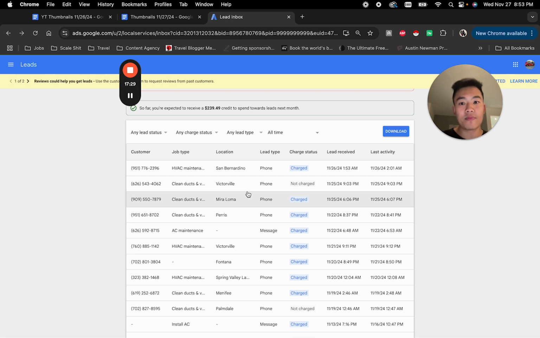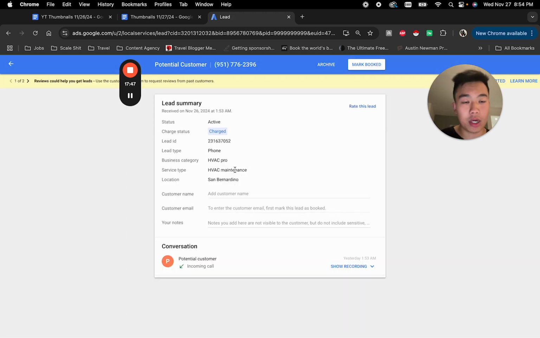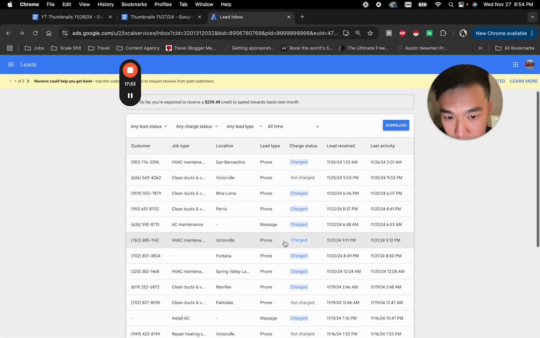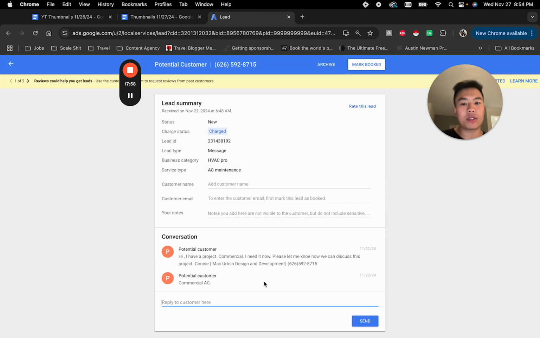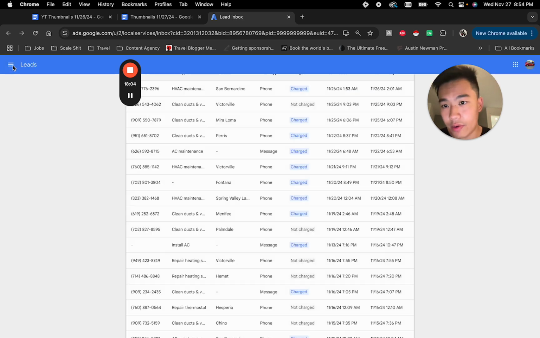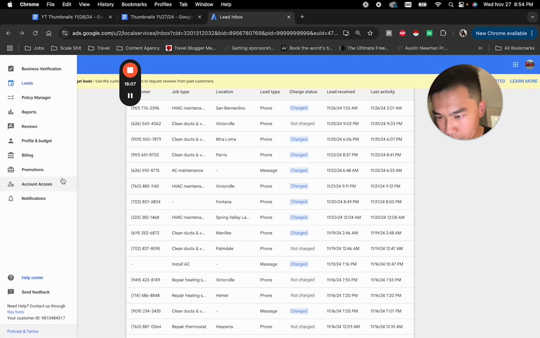So what you need to do is keep up a good reputation. As soon as you start running the ads, assign someone from your company, or multiple people, to Google local service ads, and promptly respond to all the customers. You can respond to the customers through your phone, through text message, or through calls, or you can respond if it's a message lead right here. You can also message them through the app, but it's honestly easier to respond via your phone. The next thing is we want to take a look at